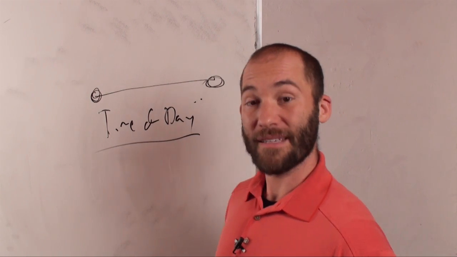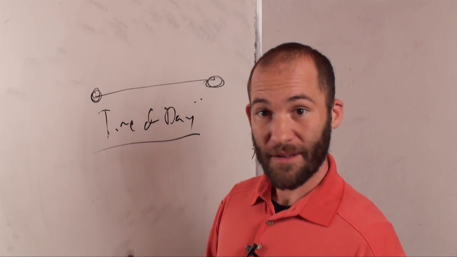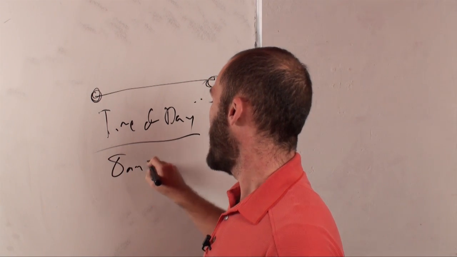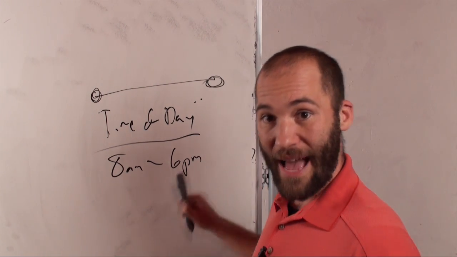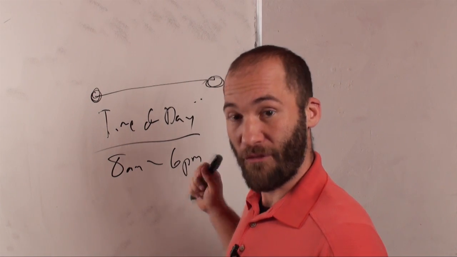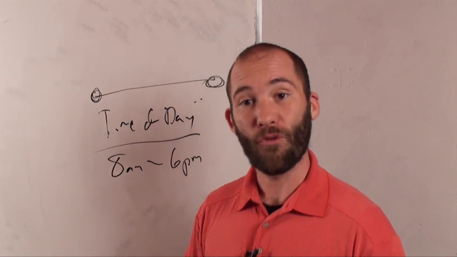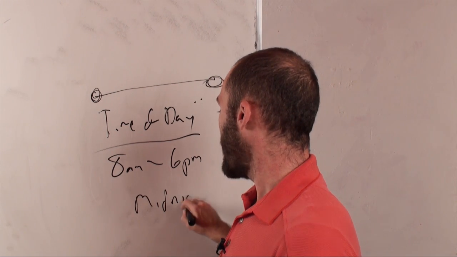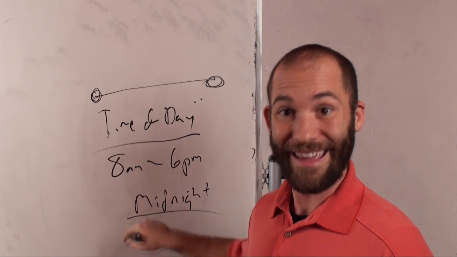Basically, within a Windows server, you can say, I want my administrative staff to be able to log into their accounts between 8 a.m. and 6 p.m. If they're logged into their accounts past 6 p.m., they will be automatically logged off. It'll be forced logged off. Why do you do this? If you have administrative staff or hourly staff, they are not going to be doing work at midnight. They should never be doing work at midnight.